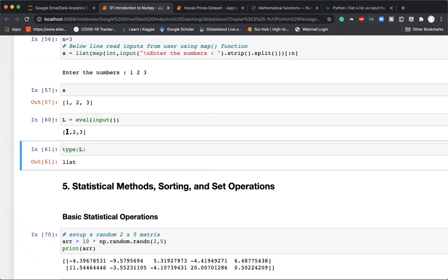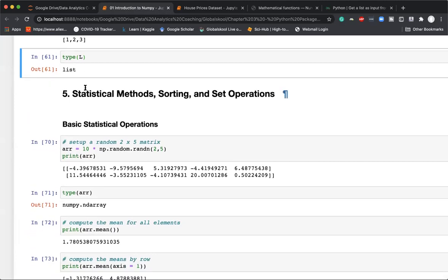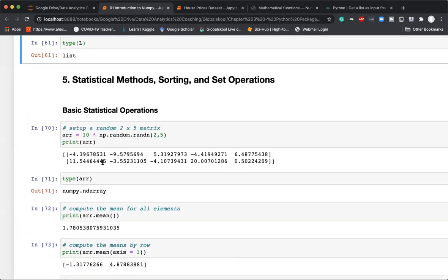Okay. So anyways, let's go ahead. Let's look at statistical methods. So before going to mean and all, let us create some random data for us. So we are starting with this data,